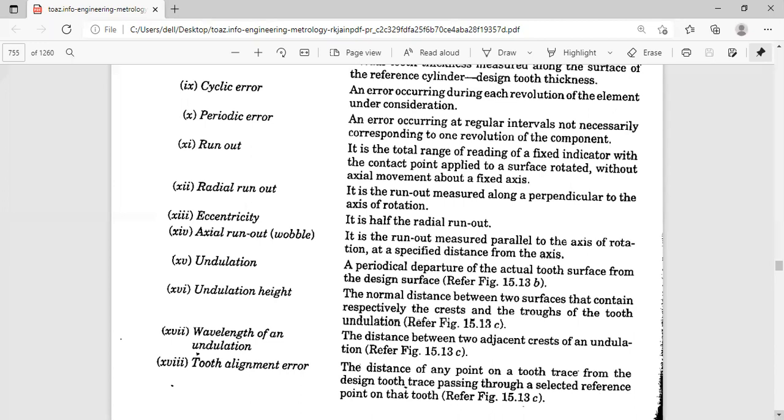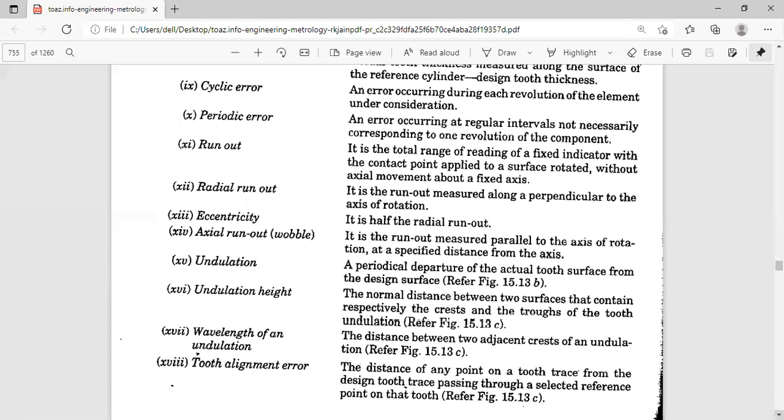Just try to Google what is the difference between balancing and alignment, and tell your sir, because some students may have that doubt. Both should be checked in the automobile garage.